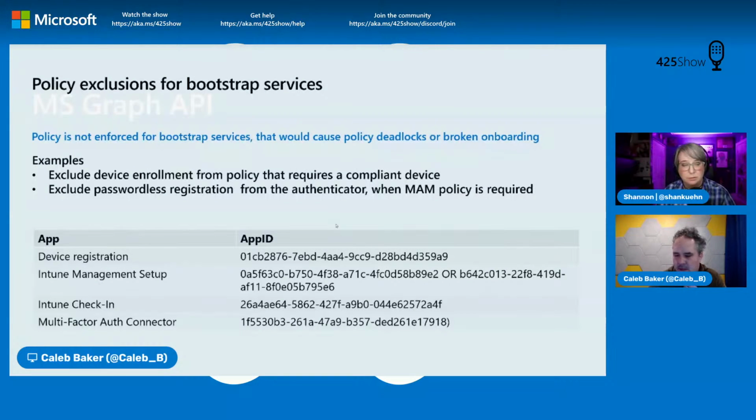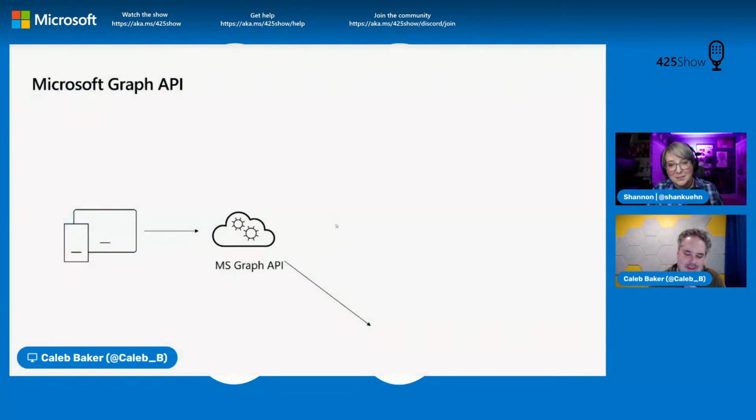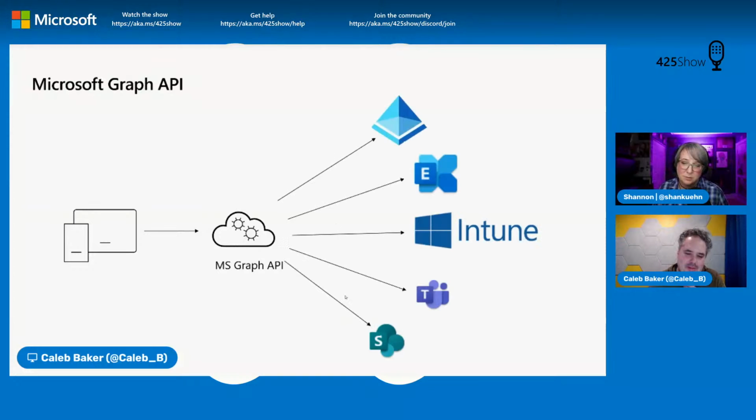Okay. Now for MS Graph API, which is also one of the very common app targeting questions: why can't I set policy on MS Graph API? And I missed one of my things in the animation. Okay, so MS Graph API